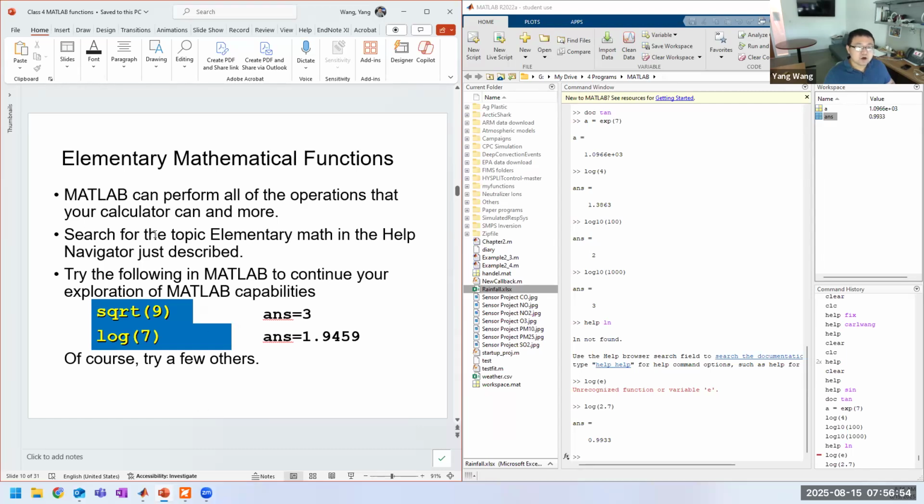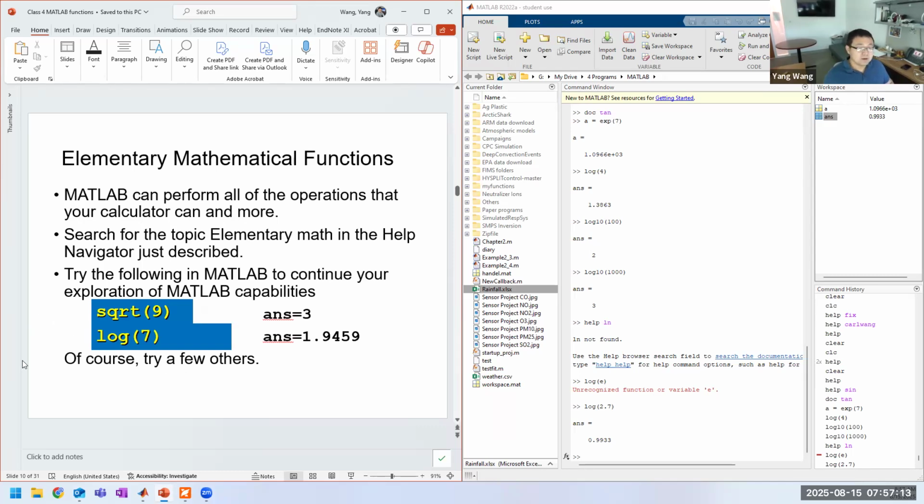MATLAB can perform all of the operations that your calculator can do, and much more. Your calculator can't solve a function, or maybe some can solve very simple ones, but with MATLAB, if you know how to program properly, you can solve almost all types of functions,